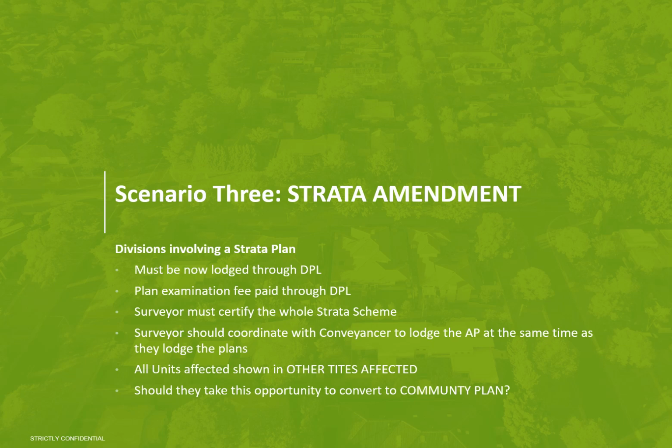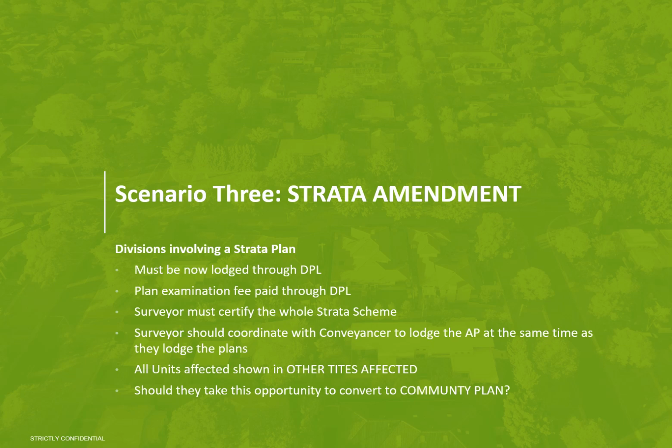In the past, with division plans having been lodged by the surveyor and the Strata Amendment lodged manually by a conveyancer, sometimes the Strata Amendment hadn't been lodged, so we have examined the DP, but we can't approve the division because we don't have the Strata Amendment yet, and we could be waiting for the conveyancer to lodge the manual plan with the AP dealing. Sometimes the Strata Amendment hadn't ever been done, as they didn't realise we required both plans.